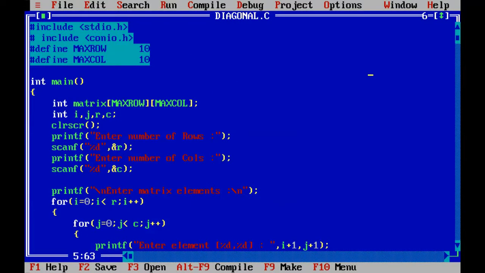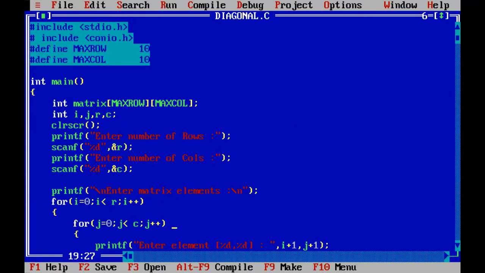In the program, first declare max row and max column, that is 10 and 10, and declare the matrix with max row and max column, meaning the matrix has 10 rows and 10 columns. Then ask the user for the number of rows and columns and store them in R and C.